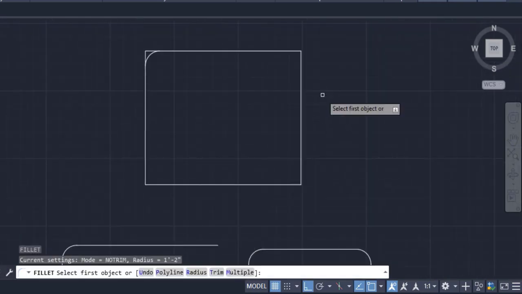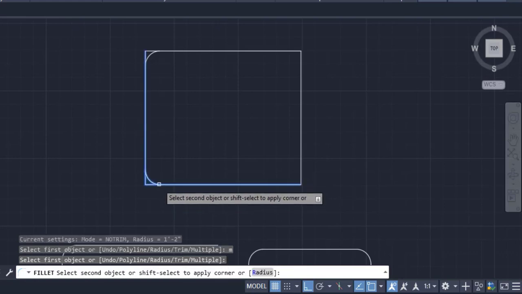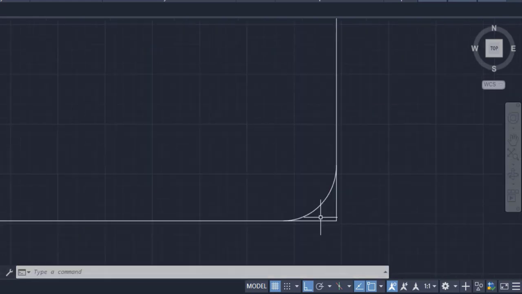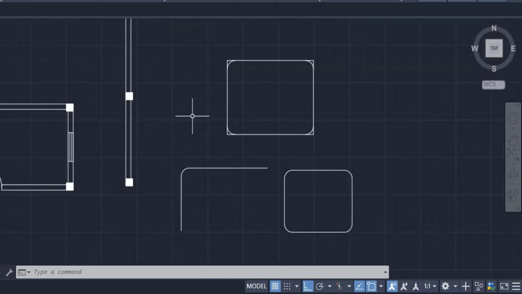Okay, again back to the fillet command. Now I'll go for the multiple option here. If I have to apply the fillet command in multiple corners like this one and this, then I'll use the multiple option here. For this M, enter, and select the object. Here I'll select this as first object, this one as second. Look here, the command is still in progress, so you can select the object for another corner in this way and then enter if it is done. Here we applied the fillet command with multiple option and no trim option. Okay, in this way we can use the fillet command whenever required in our drawing.